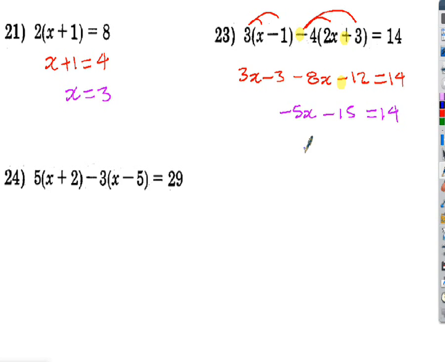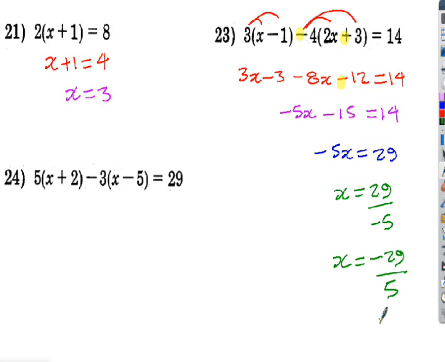So my next line I will get negative 5x is equal to positive 29, that's adding 15 to the 14. And then finally to find x, I will divide both sides by the negative 5, so 29 divided by negative 5. We usually write the negatives on the top line, so really that should be negative 29 divided by